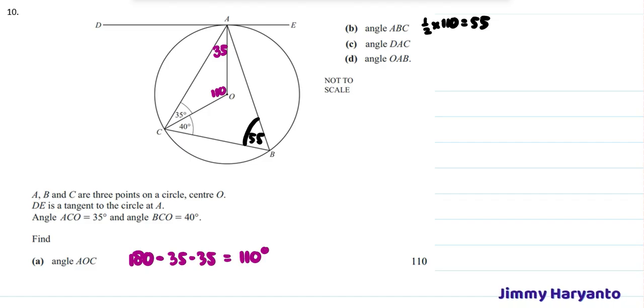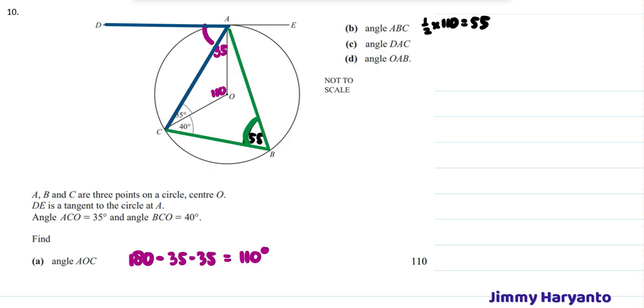And then find the AC. Okay, to find the AC, we only have to take a look at this triangle. Okay, wait. The AC, my bad. The AC is this one. Okay, let's take a look at this. We have these properties. You have to memorize this also. The property says if this one is 55, that means this one is also 55. So the AC equals 55.